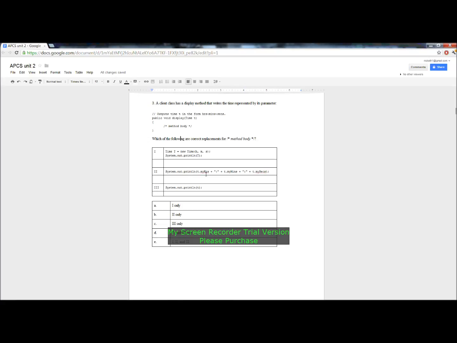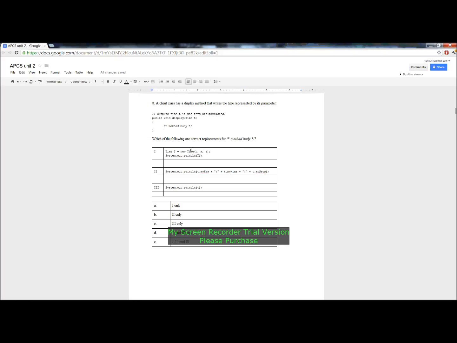Then System.out.println t.myHours plus, and then it just sets the time up in the right way, and then System.out.println t. And so in A, it just constructs a